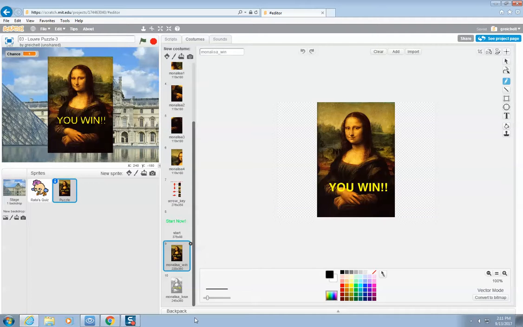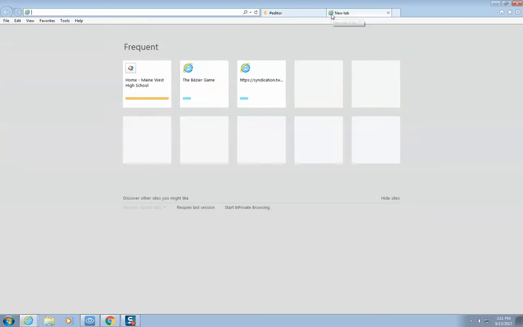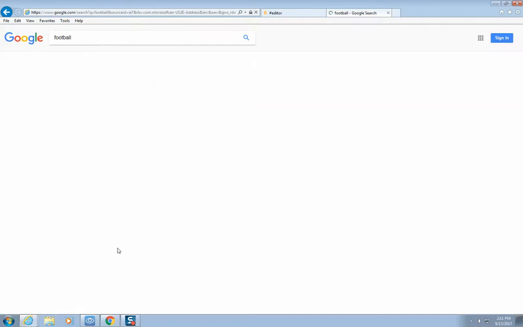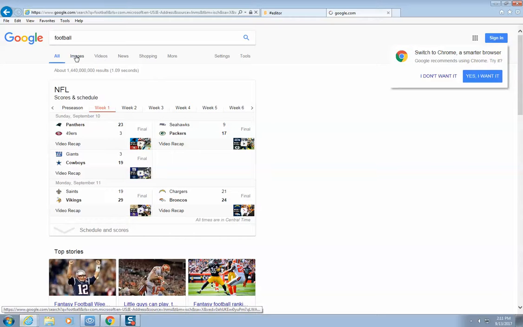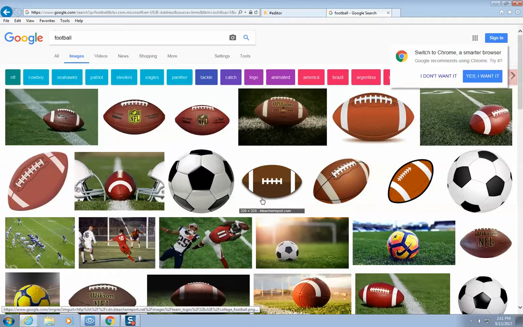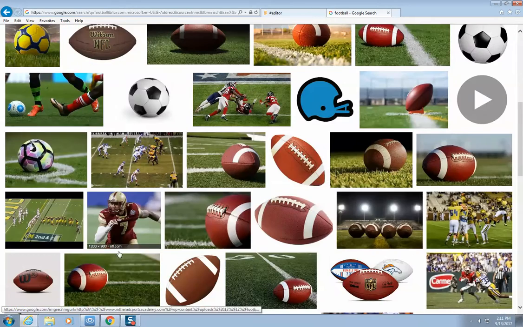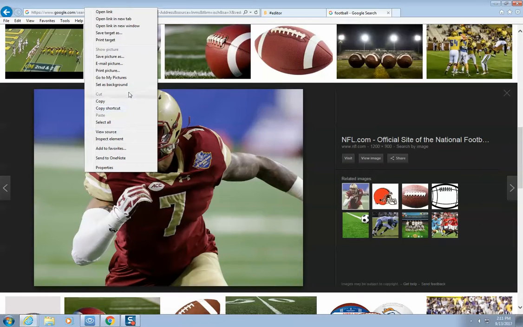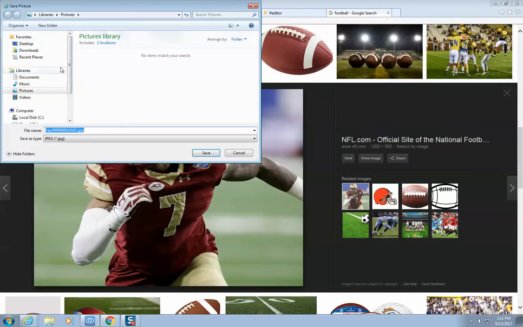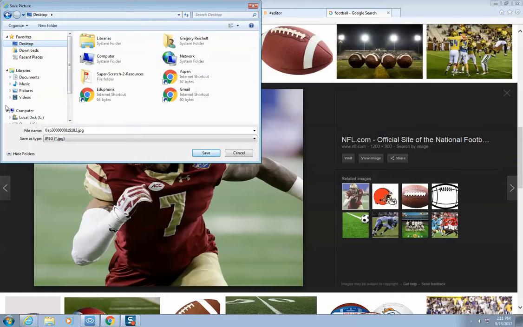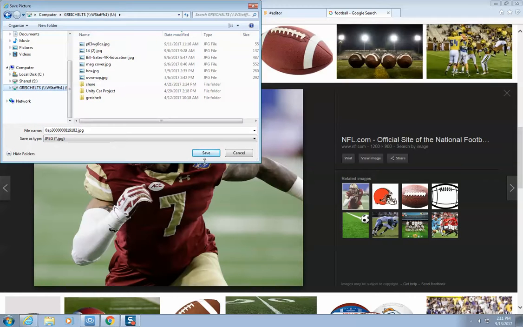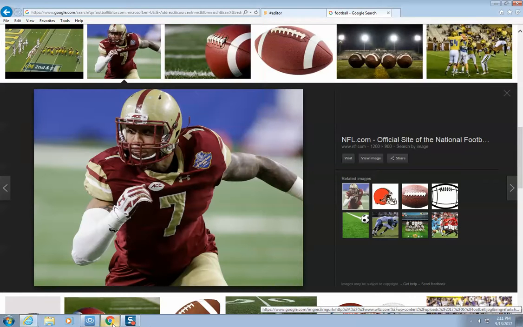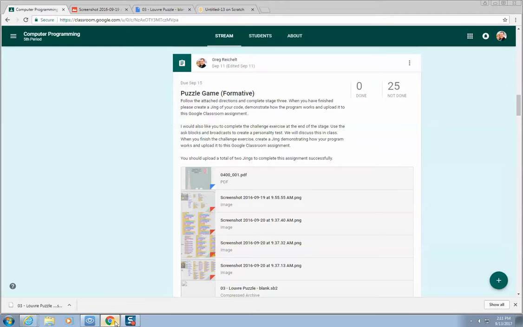Mine's all going to be about football. I'm going to start by finding an image of a football player. I'm going to go to football right here, go to images, and this will be my image. I'm going to right click on this image, go to save picture as, and save it to my U drive right there, and then hit save. Now I'm going to come back